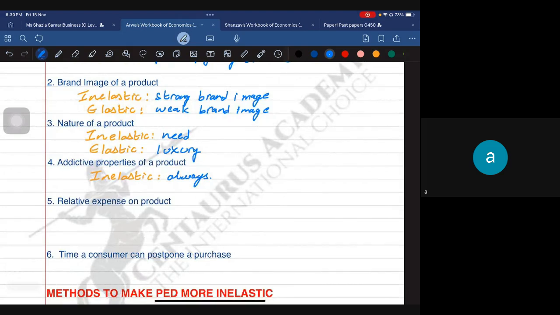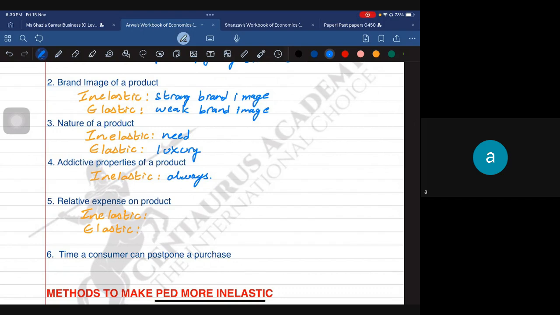Relative expense on product, a very important point. In which case it is going to be considered inelastic and in which it is going to be elastic? Relative expense means how much you need to spend in relation to another thing. It's related to what proportion of income you are spending on the product. If it's a lower proportion, then it could be inelastic, and if it's a higher proportion, it would be